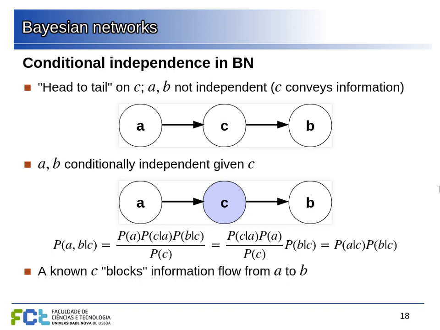When we have this head-to-tail configuration on C, that is, C is receiving an arrow from A and then emitting an arrow to B, A and B are not independent. And this is also intuitive because they have C in common, so there is some information that A and B can share, and they are not completely independent. However, once again, if we know C, if we observe C, A and B become independent. So A and B are conditionally